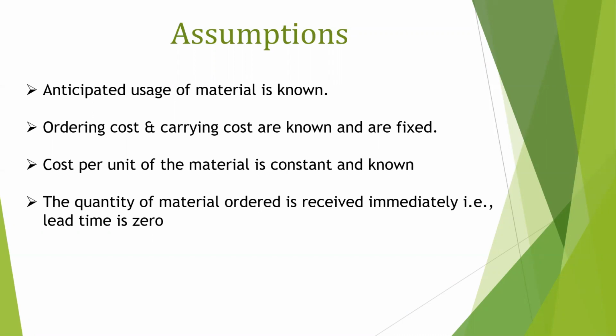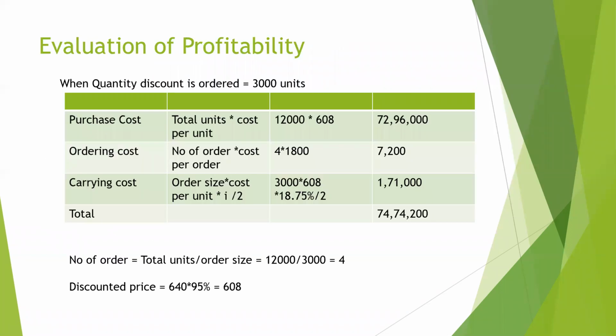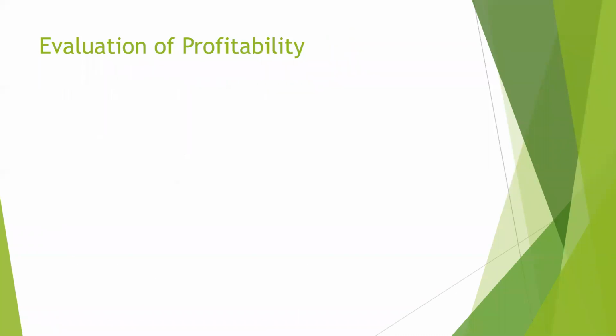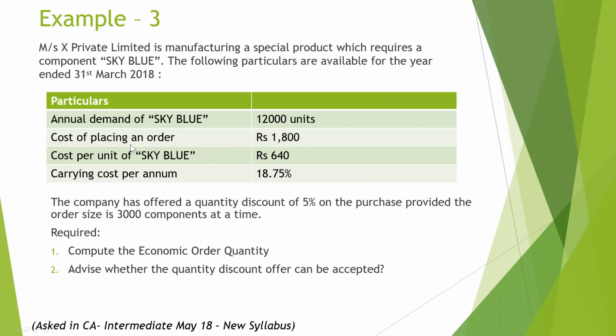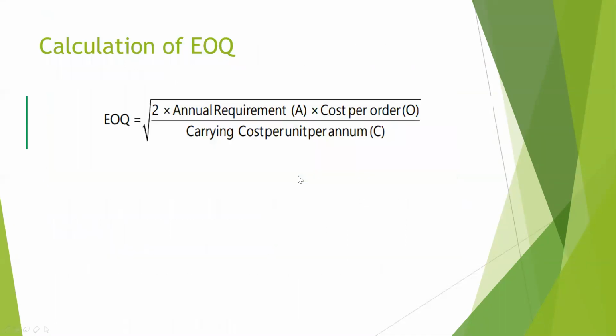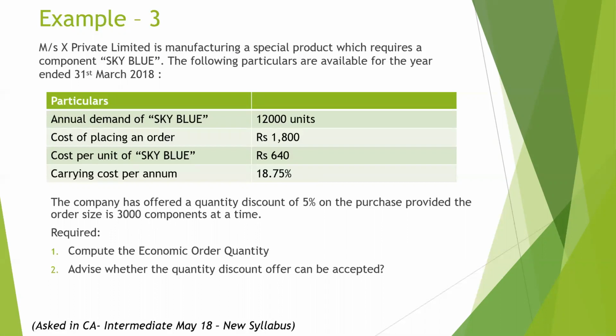Now guys, the formula of EOQ takes into account certain assumptions. First of all, when we were doing all the sums, if we look at the most basic sum, in the question, everything was mentioned. We had assumed that the cost of placing order will be 1800 rupees. The carrying cost will be 18.75%. But it is an annual order and we are forecasting at this point of time. The annual consumption might turn out to be more than 12,000 units. It might turn out to be less.